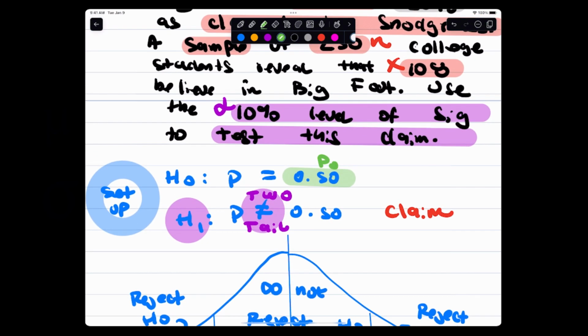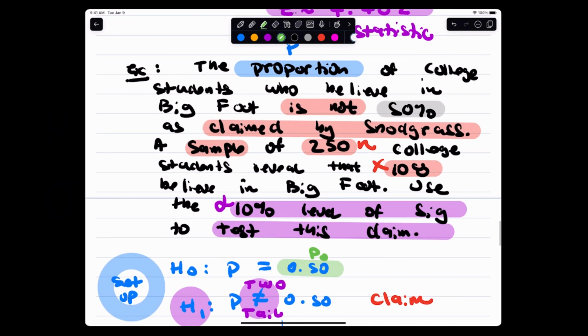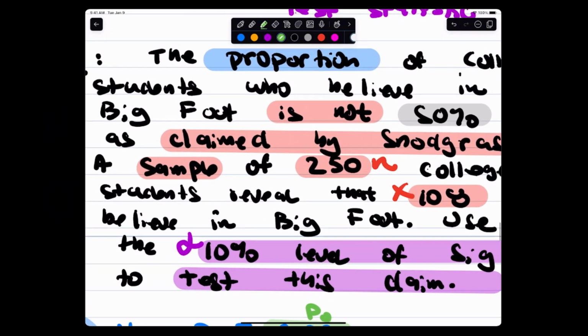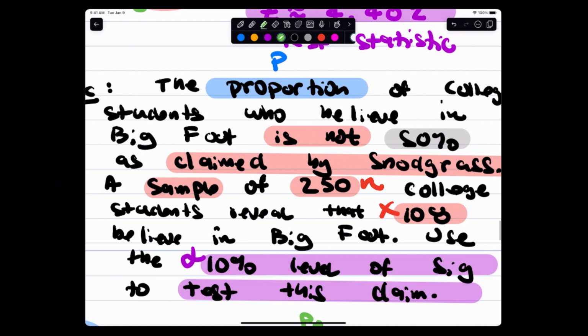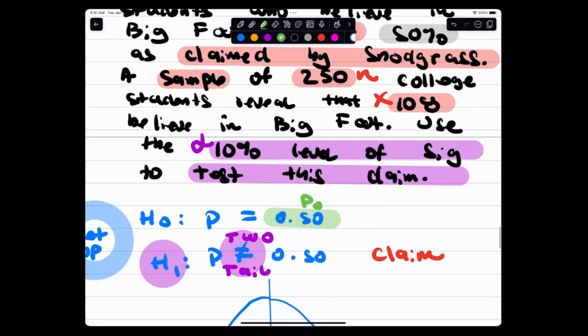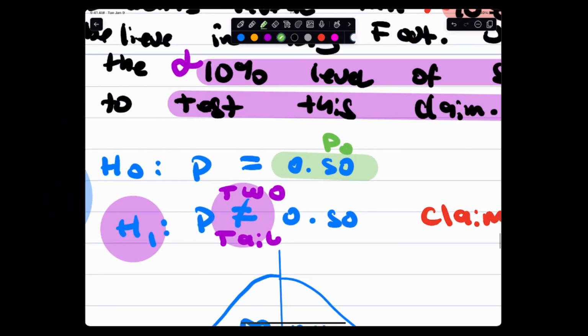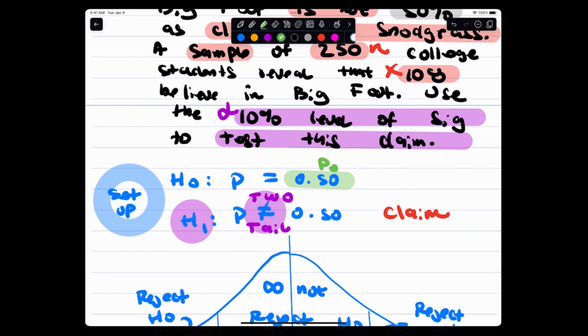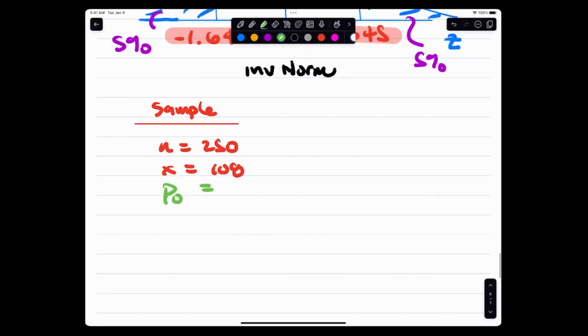No. Alpha's 10%. The sample proportion is right here, 50%. Let me take that back. The statement, the proportion P who believe in Bigfoot, is not 50%. So that goes here. You guys okay with that? P naught is the proportion in the null hypothesis, so it's 0.5. You guys want to definitely write that down, okay? Because